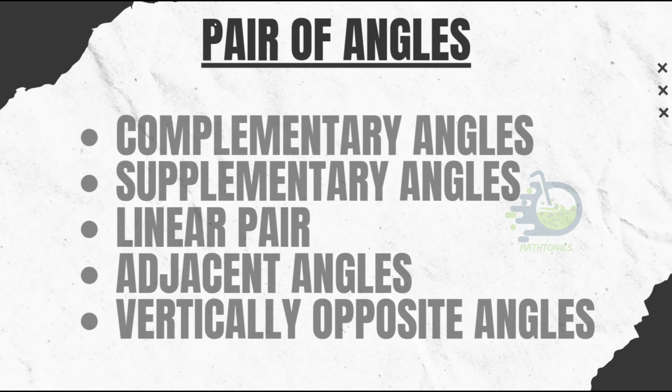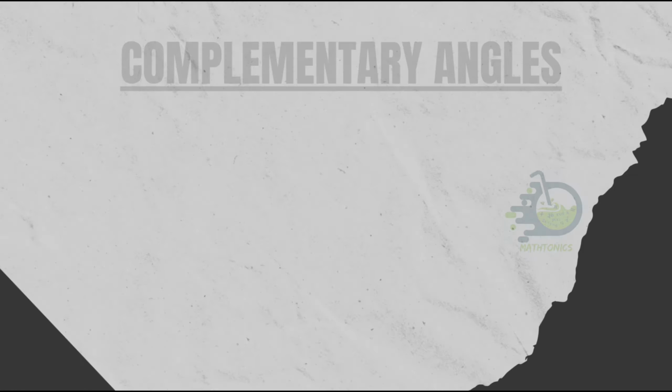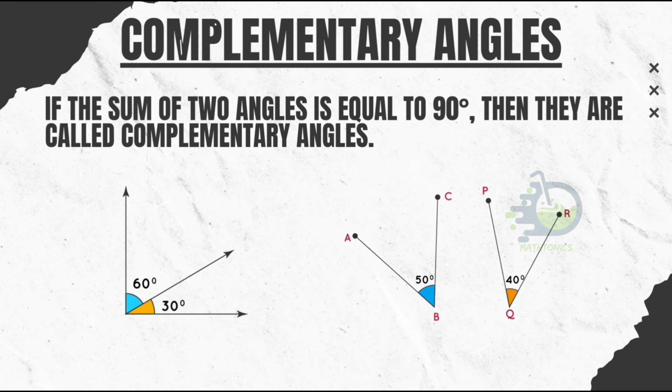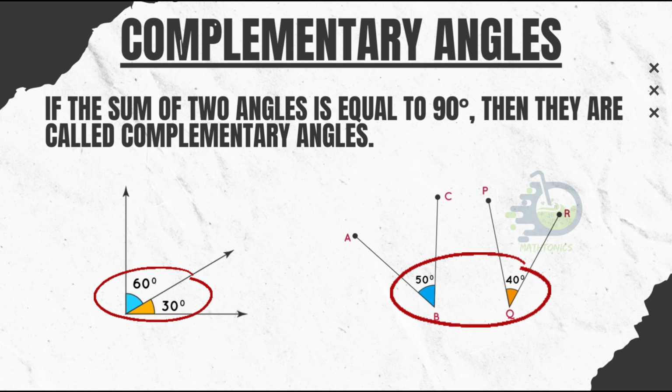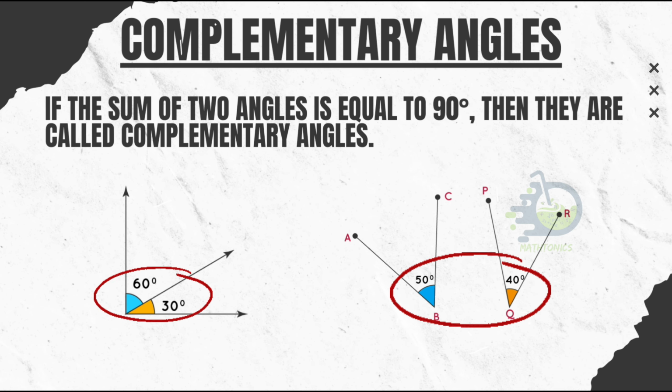Pair of angles. There are 5 types based on a pair of angles. They are complementary angles, supplementary angles, linear pair, adjacent angles, vertically opposite angles. Complementary angles. If the sum of 2 angles is equal to 90 degrees, then they are called complementary angles. In the given 2 figures you can find that the sum of the angles in both will be equal to